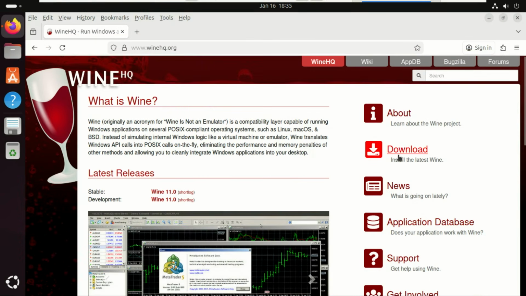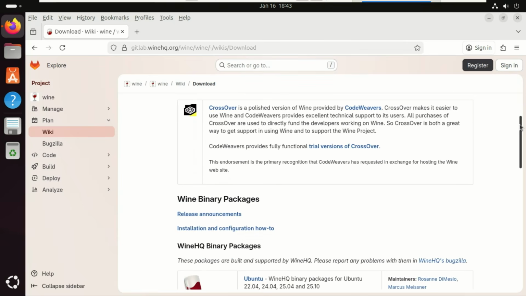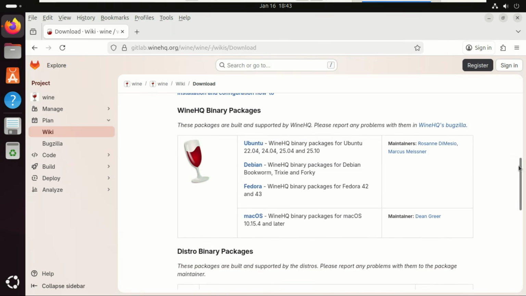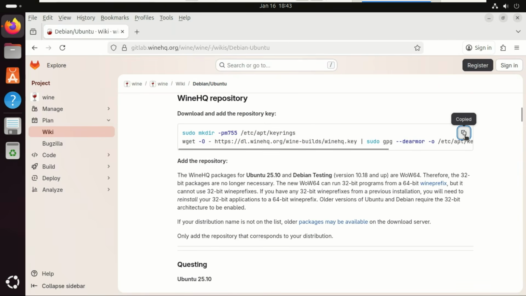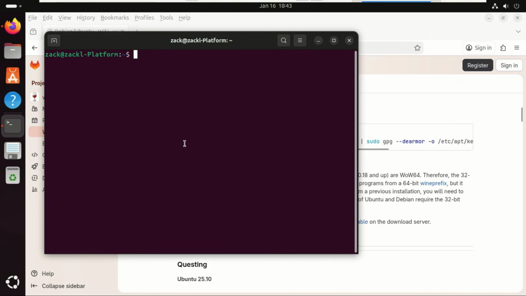Alright, now that we know what Wine11 is and why it matters, let's actually install it. And honestly, this part is super straightforward. Wine gives you all the commands you need. You just have to choose the ones that match your operating system. For example, I'm on Ubuntu 24.04, also known as Ubuntu Noble. So all I'm going to do is copy and paste the commands for Ubuntu Noble